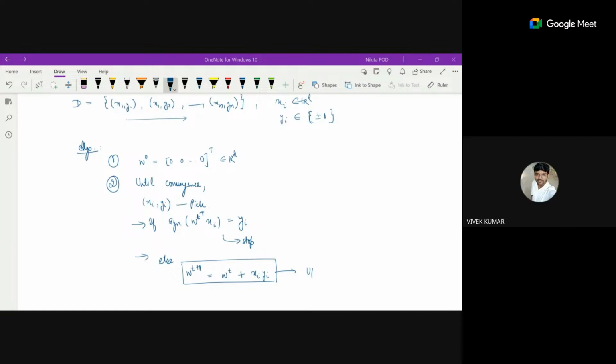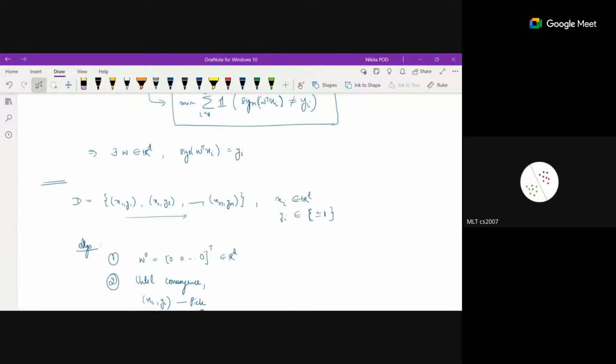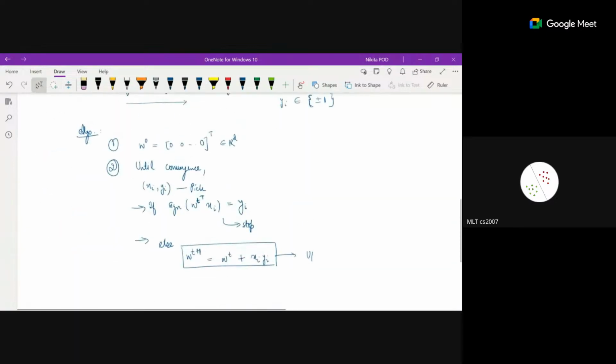Ma'am, what is the criteria for convergence? So, like I said, convergence means whatever W you get at the end, if your W is correctly classified to your data set. So, for example,